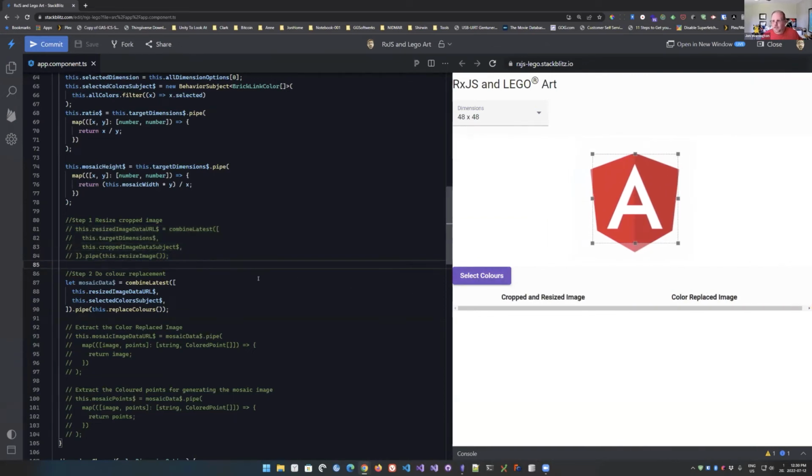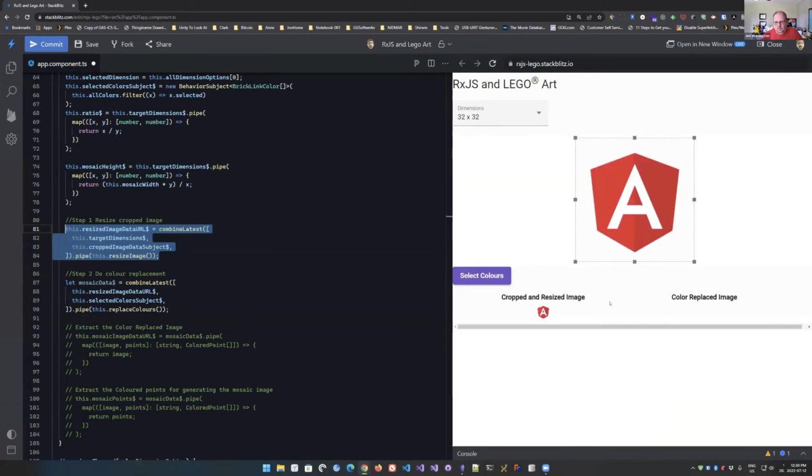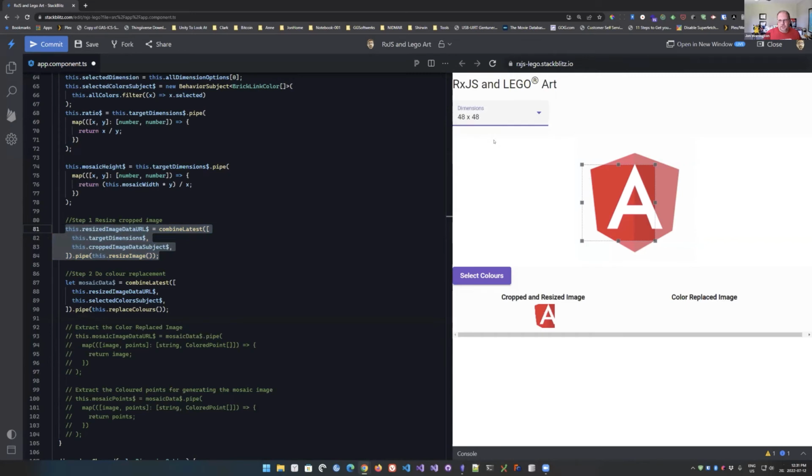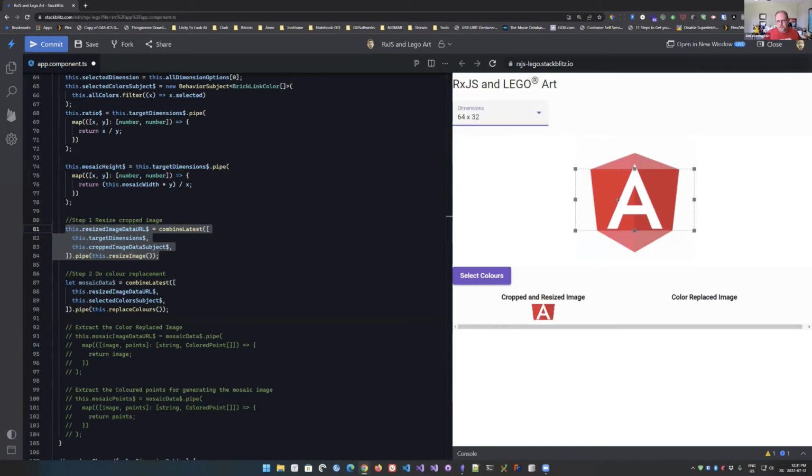And now as I uncomment stuff, because that's the easiest way to do this, I'm responding to the event of the cropping and resizing and outputting a little image. If I change it to a different size, you get a bigger image down there. Different dimensions, etc.